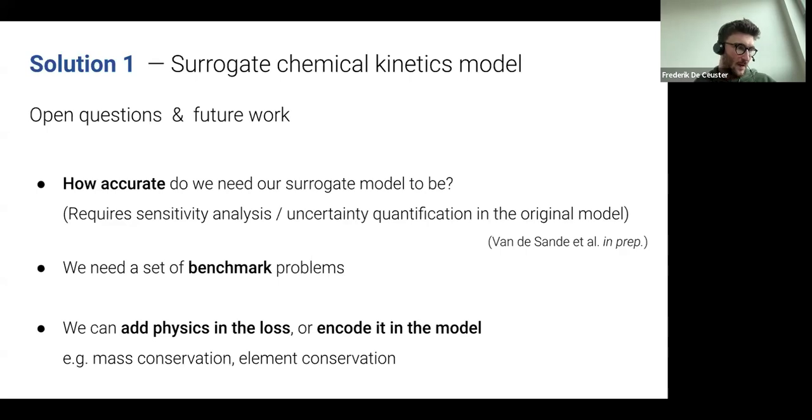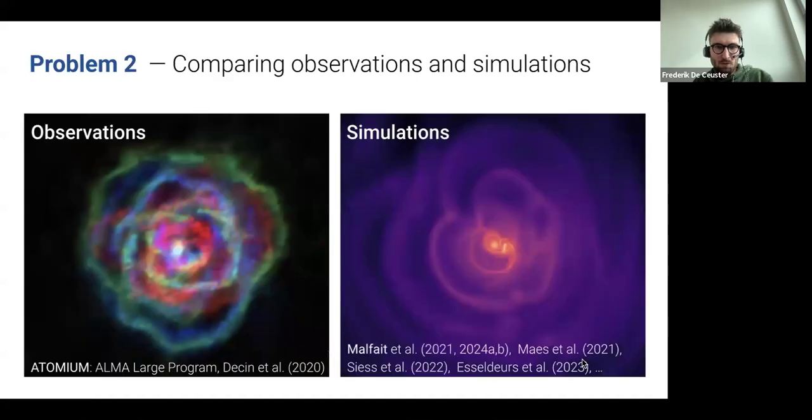These are all symmetries or conservation laws that we know should hold for the dynamical system that we are studying, but we're currently not using them, mainly because it already works well enough for the type of applications that we're looking at. But yes, there is room for improvement, and we are aware of that. Good. So that was the one thing I wanted to talk about: this surrogate model for chemical kinetics.